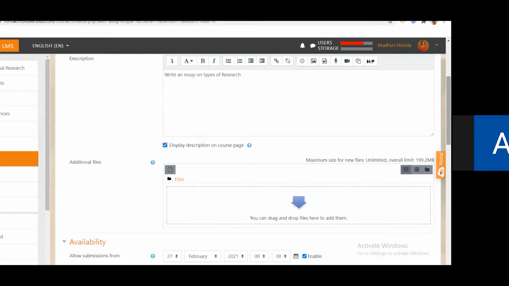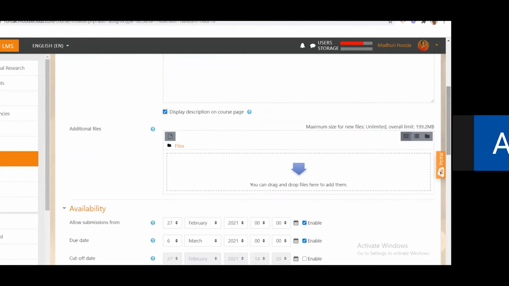We will see how the assignment will be submitted by the students, how the Moodle site will look to the student, and how the student will upload their assignment, and how the teacher will check their assignment and resubmit the feedback files or the assignment back to their students, and how the students will find their checked assignment.